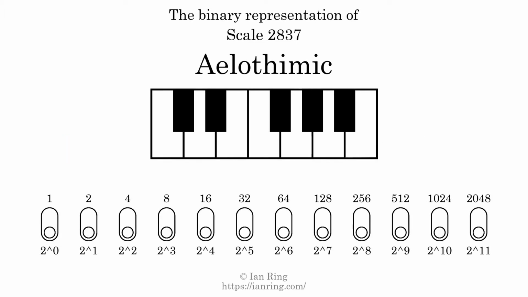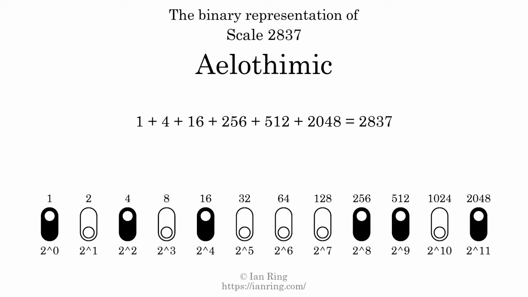The binary representation of this scale is determined by mapping tones of the scale to binary digits. Each binary digit represents a power of 2. To get the scale number, we add the powers of 2 together. The powers of 2 that are present in the scale, all added together, equals 2837. That is why the scale number, in decimal, is